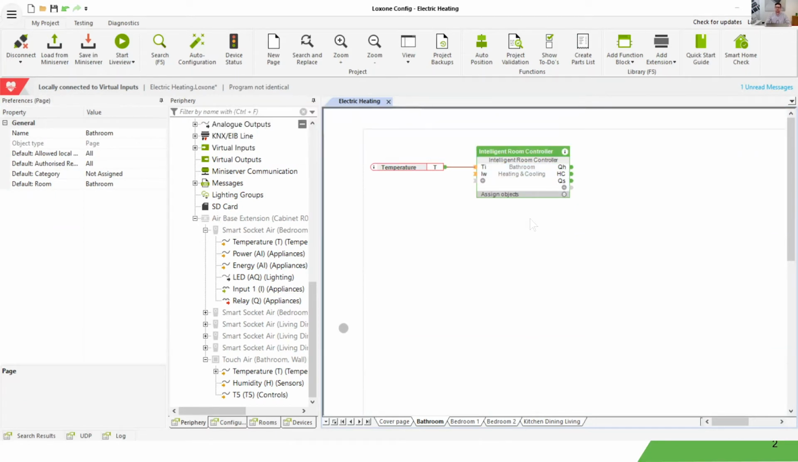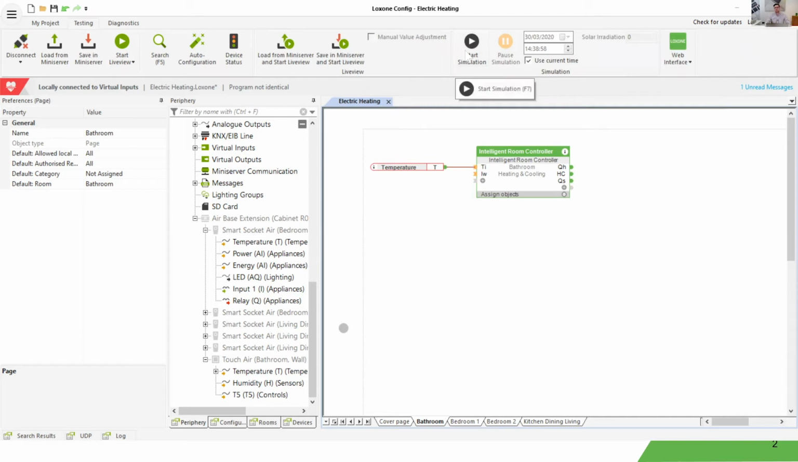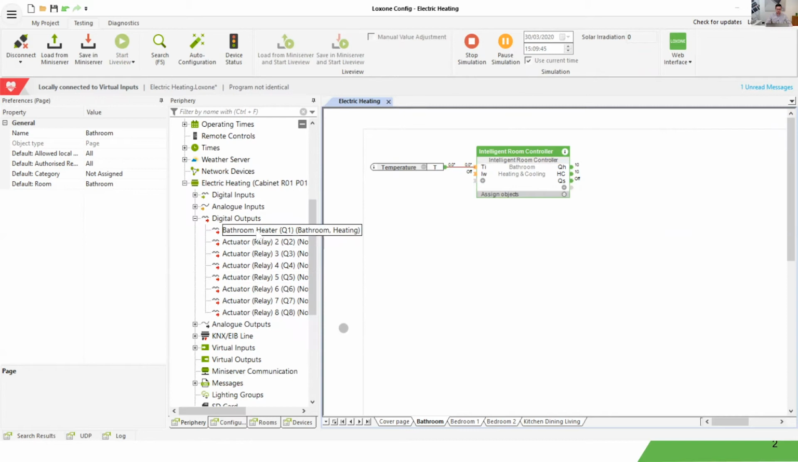Now, the really, really important thing to bear in mind with our intelligent room controller is that the outputs for heating and cooling by default are analog. They give a 0 to 10 value. And the reason for this is that our valve actuators are also analog. We can set a particular level that they need to go to. But of course, our relay that we want to control, so in this case, our relay for the bathroom heater,